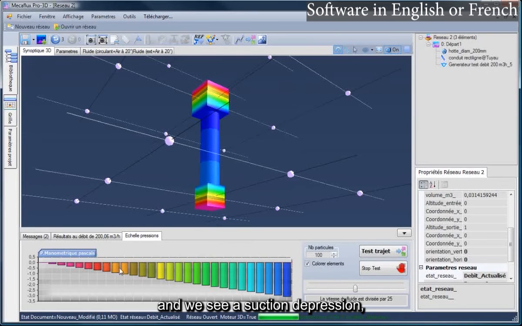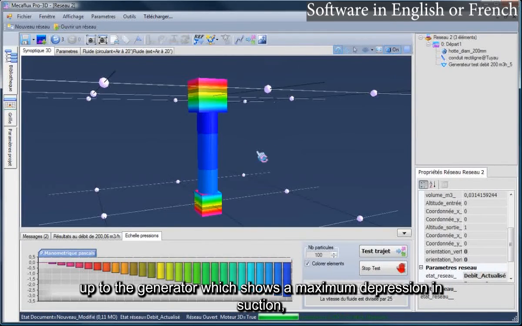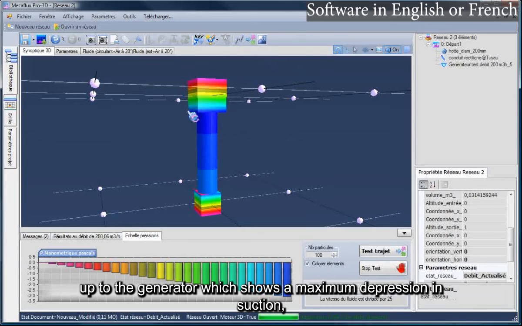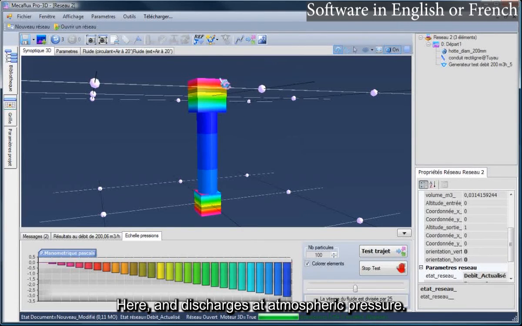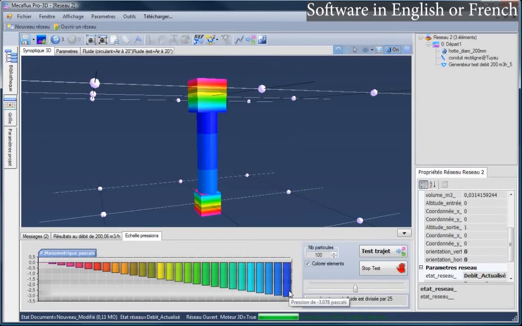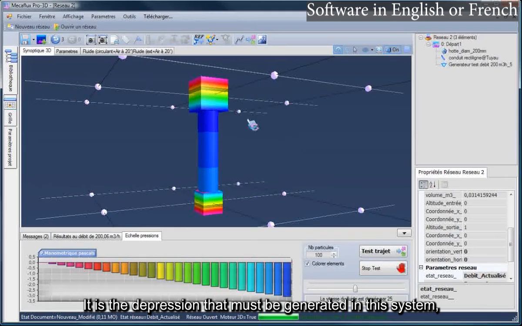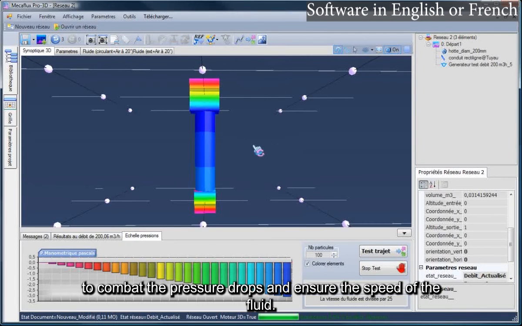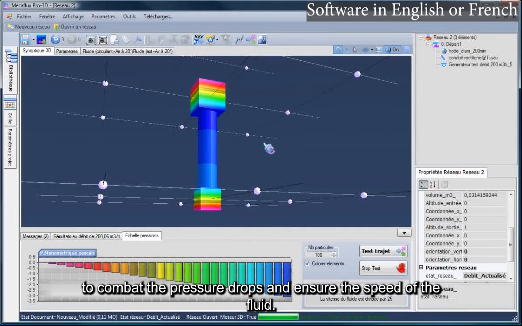And we see a suction depression up to the generator, which shows a maximum depression in suction here, and discharges at atmospheric pressure. Depression is 3 pascals. It is the depression that must be generated in this system to combat the pressure drops and ensure the speed of the fluid.